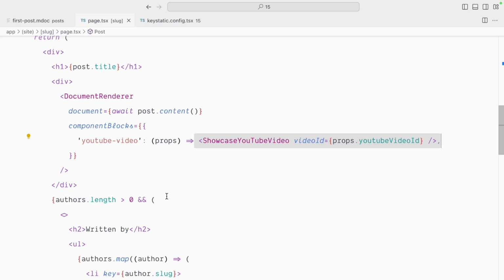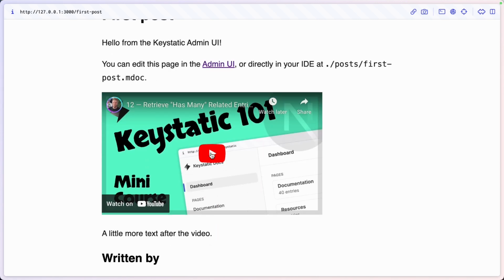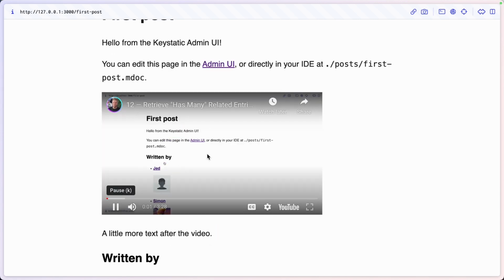And as a result, now our front end should show the video. And yep, there it is. You can see it between the paragraph before and the paragraph after. Right now on the single post page,